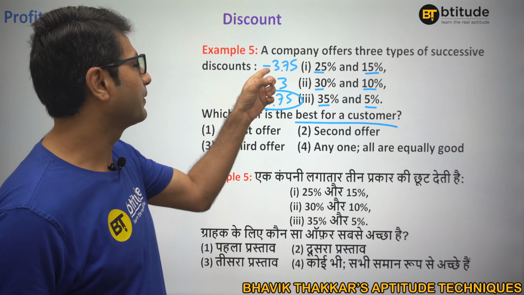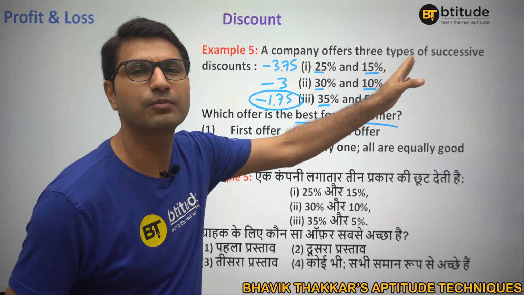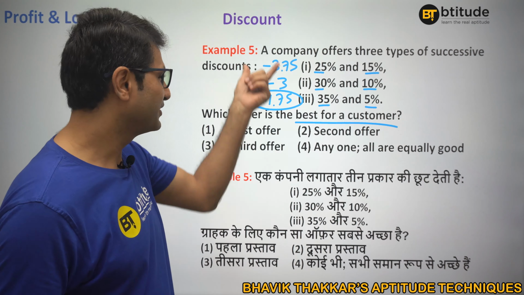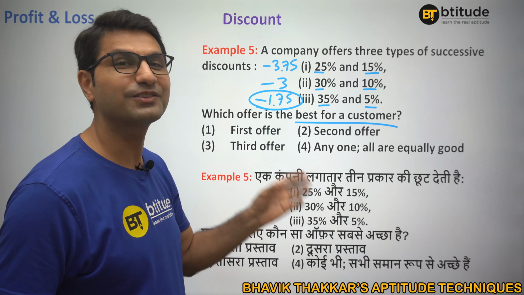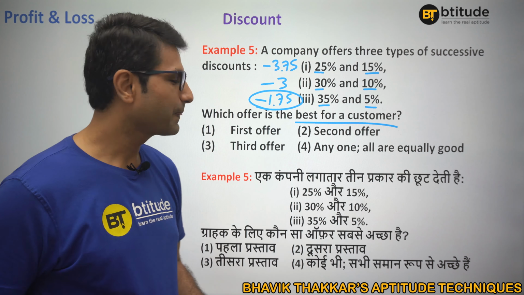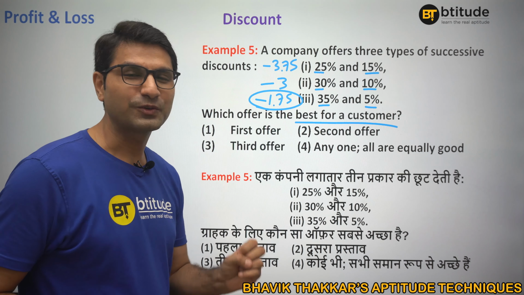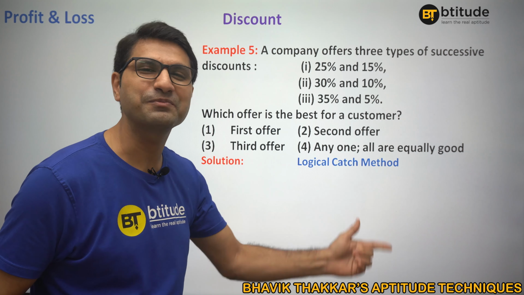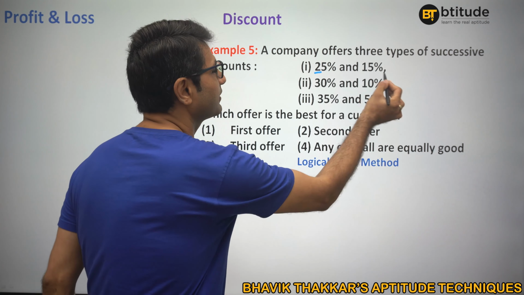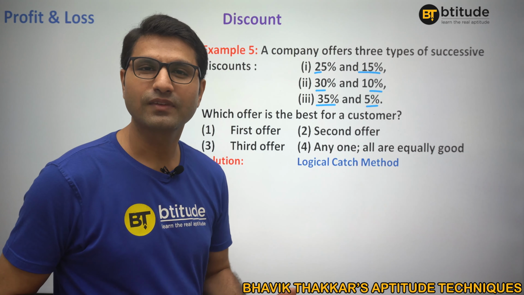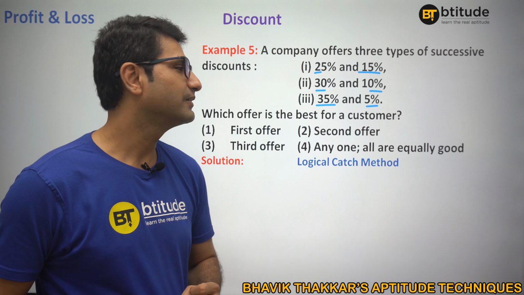Don't write 40 minus 3.75 is what, 36.25. 40 minus 3 is 37. Don't write them, right? We know which one would be the highest: where the least number is deducted. Fair enough, right? Very easy, isn't it? So that is how. Again, which one was the best method? Logical catch method here, because the percentages were the same, so it was very easy to do it in that particular manner, right? What about the next one?